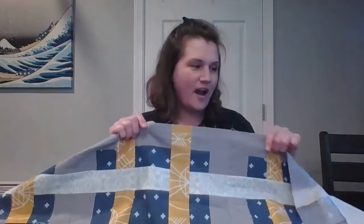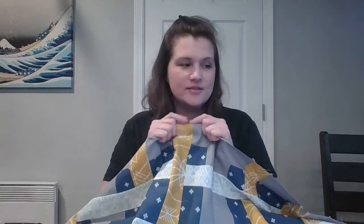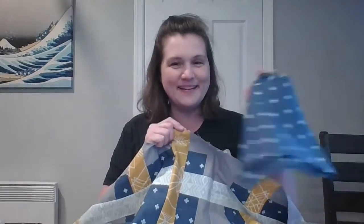And then hopefully I can just keep plowing through my list. Are you guys getting stuff done on your binding? Light binding gets soiled easily. Yeah, and especially if it's a baby size. I know my son, with his baby blanket, he used to chew on the binding. Same with my daughter. So dark is probably better, especially if they chew and they have food in their mouth,